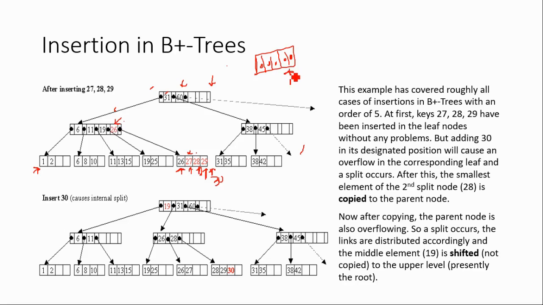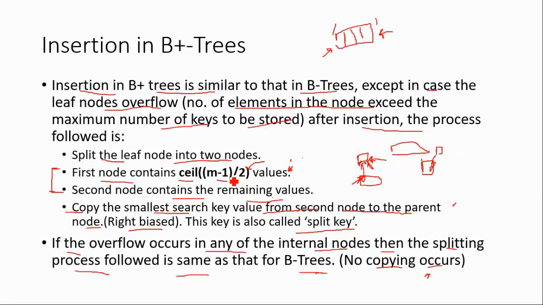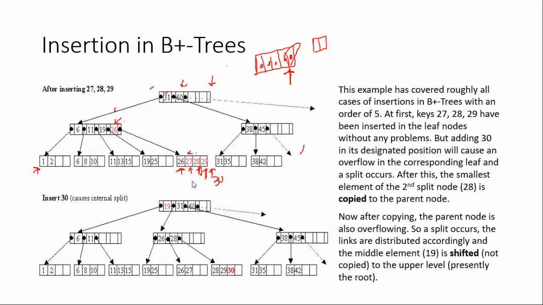So what we have learned in case of B trees is that we have to split this leaf into 2 parts. The first will contain the ceiling of (m-1)/2, which means 4 minus 1, 3 by 2 is 1.5, and the ceiling will be 2. So the first node will contain 2 elements,